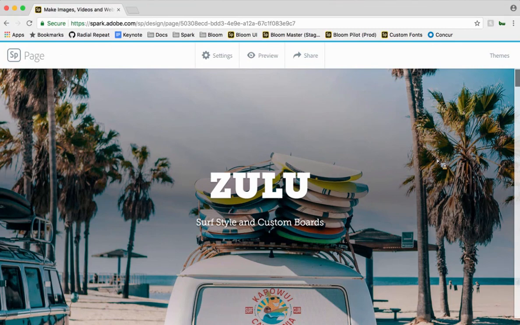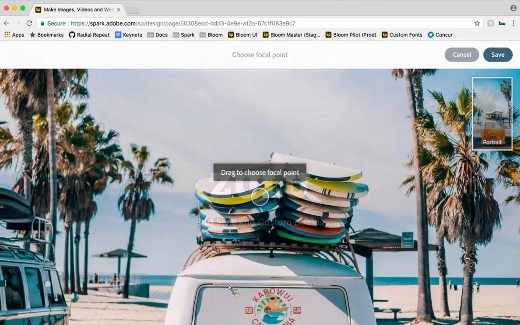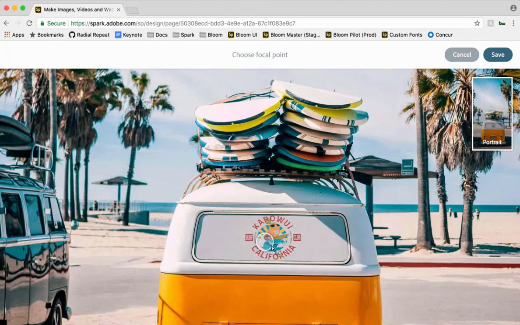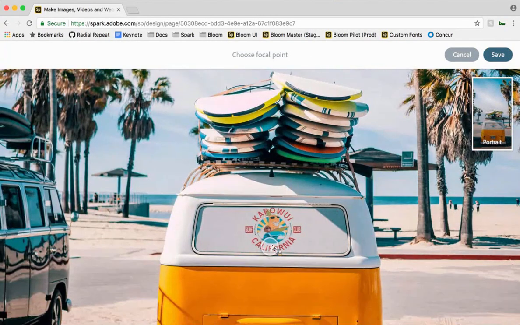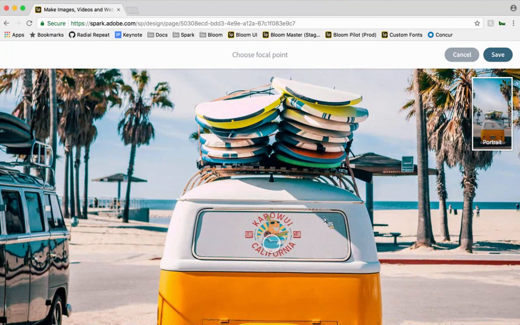It's going to go down to a much taller, narrower screen. So you can tell Spark Page which part of this image is most important. When I click on the cover image, I get a little bubble, and one of the options here is called Focal Point. If I tap on that, this brings up just a simple circle where I can tell it